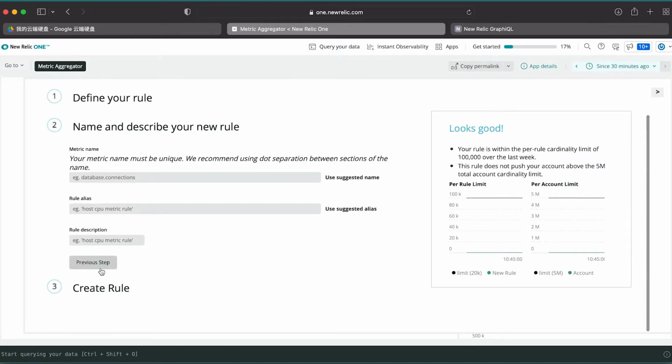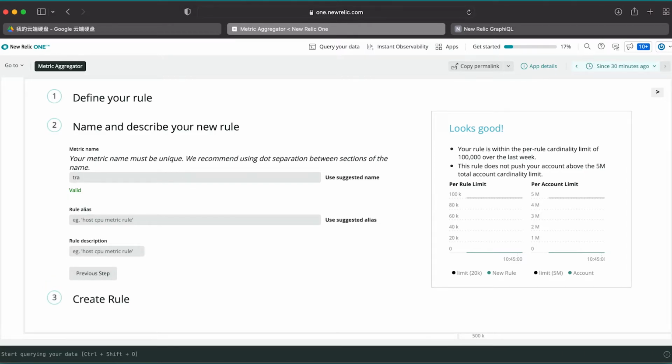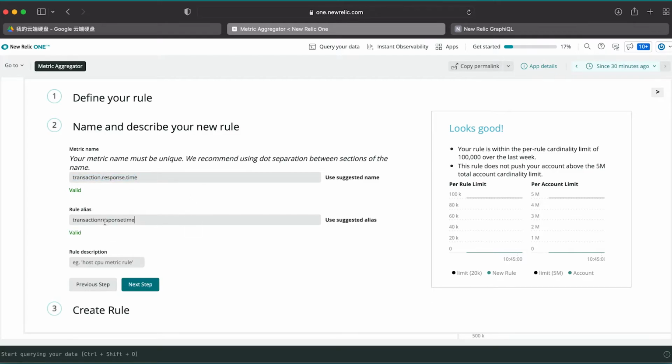The next step, we can name the new metric. I'm going to call it transaction response time. And I'm going to just use it as the alias of the metric as well, as well as the description, but definitely give it a better description.